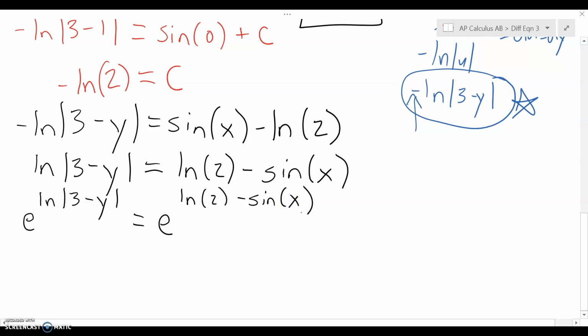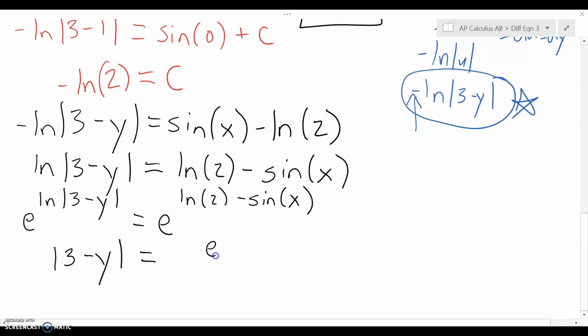And that gets a little tricky on the right. On the left, e and the ln drop, and I've got 3 minus y. And then we've got to figure out what to do with this right-hand side. So if I've got e of two things being subtracted, another way to think about that is